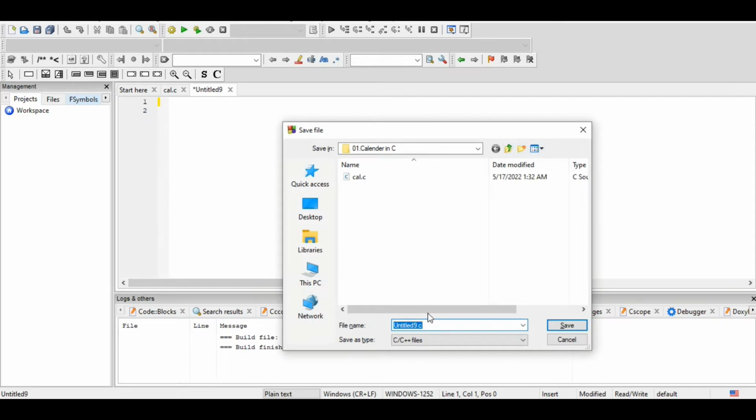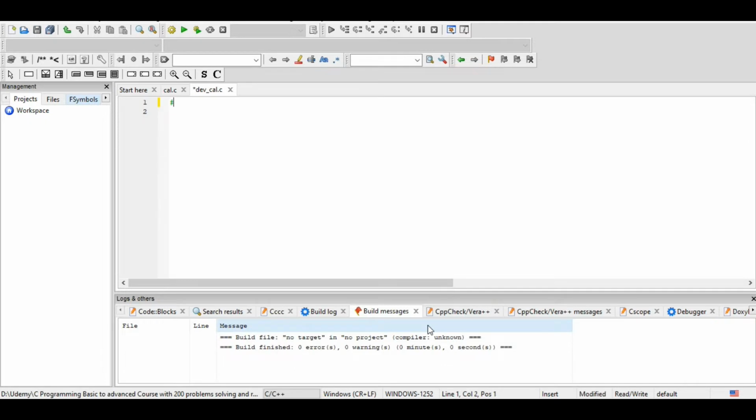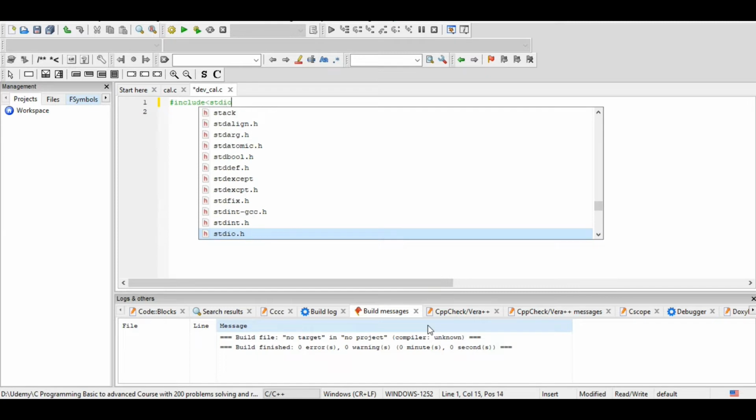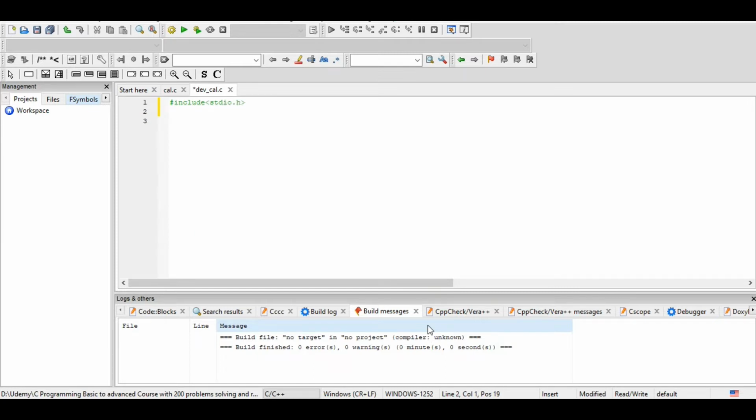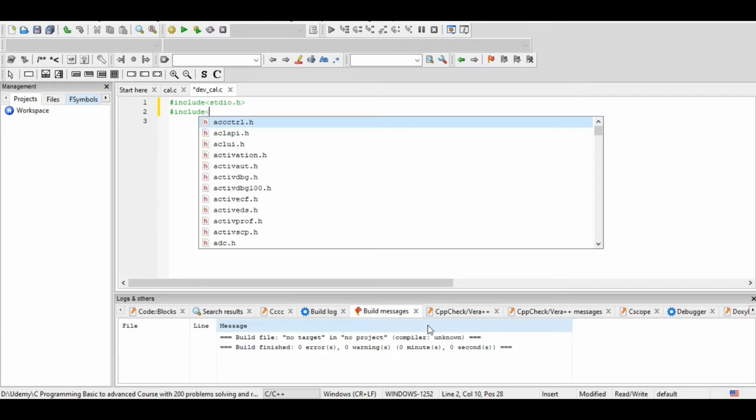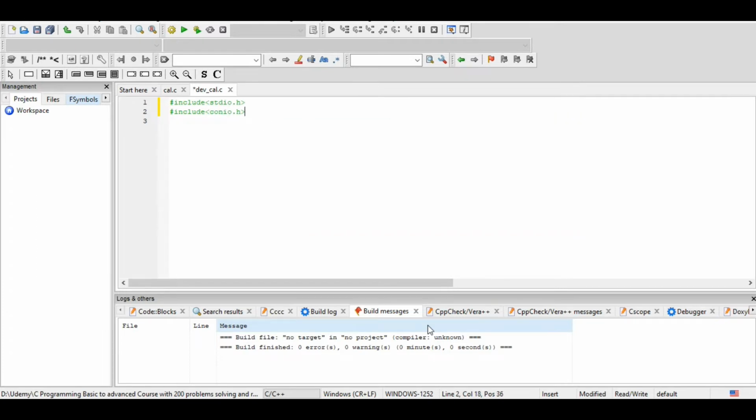I'll save it in C programming as calendar.c, just calendar.c. At first I'll explain the header files. The previous lecture already described this. There are different types of header files, and you can use conio.h, and after that you can define this include